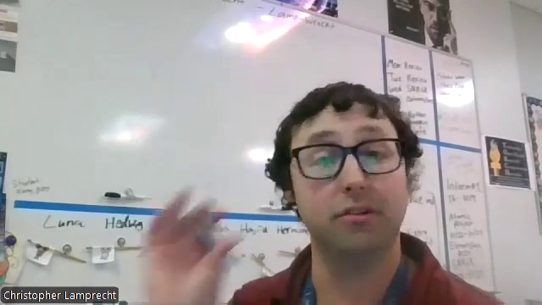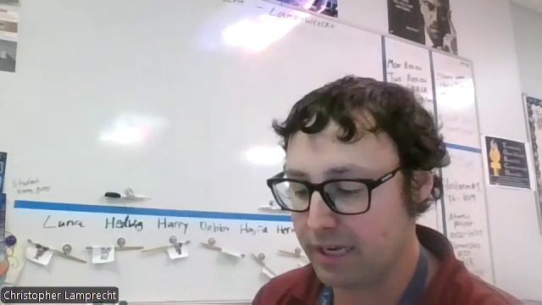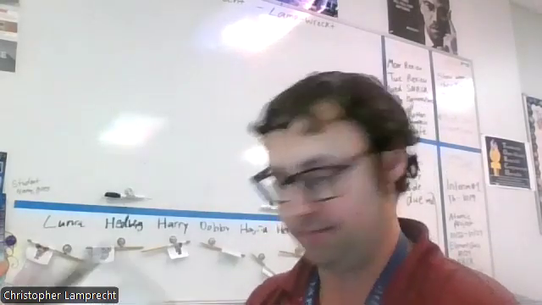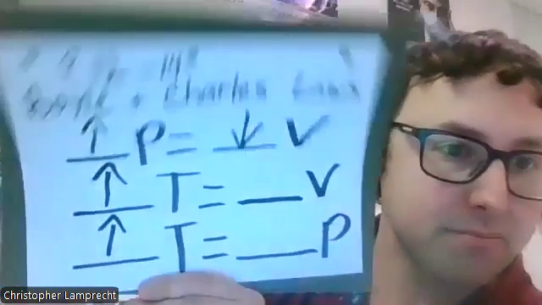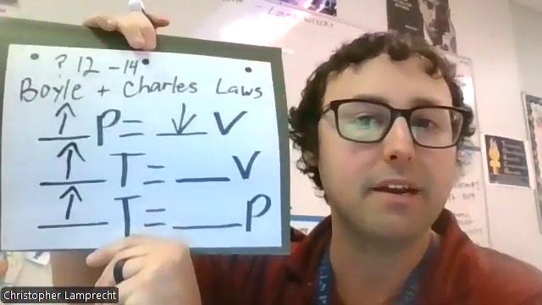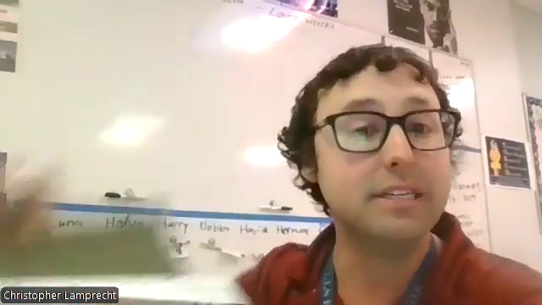Now, Charles's law refers to when temperature is increased. So this was the example of me chasing you guys with a blowtorch, a flamethrower, and you're a gas particle, and you'd run faster. So if we increase temperature, what happens to the volume and the pressure? What we talked about in class was the idea that if I increase temperature, you would run away so fast